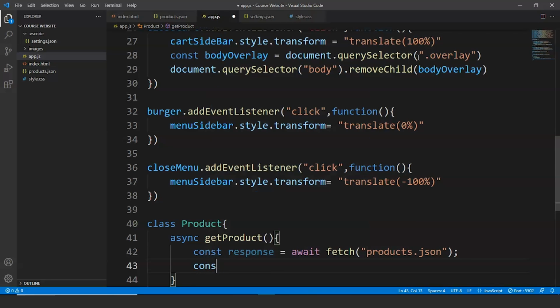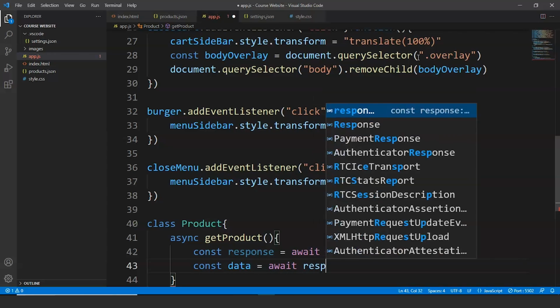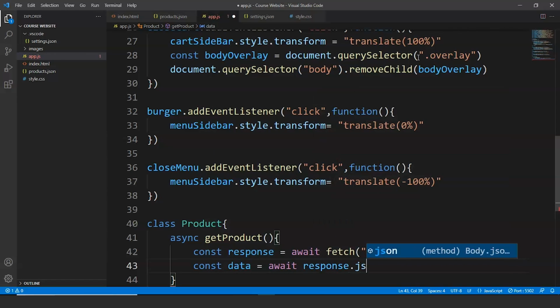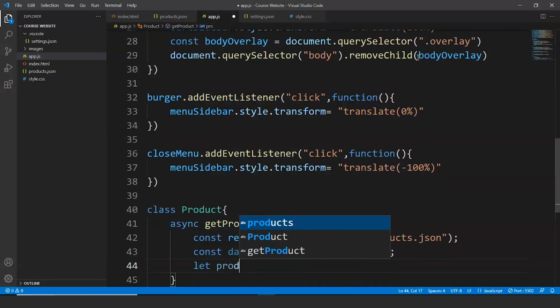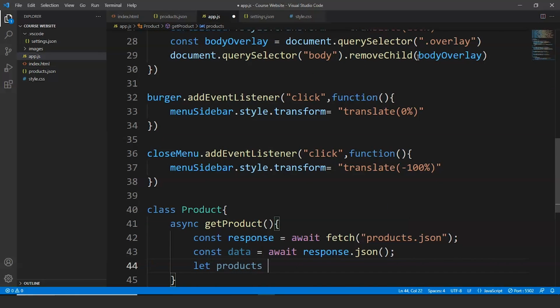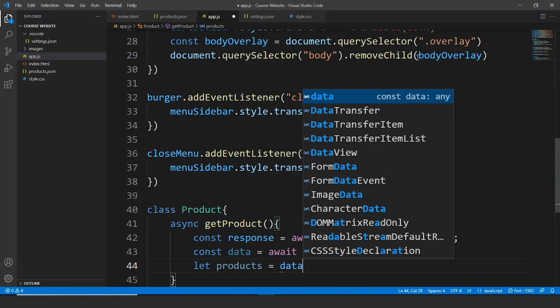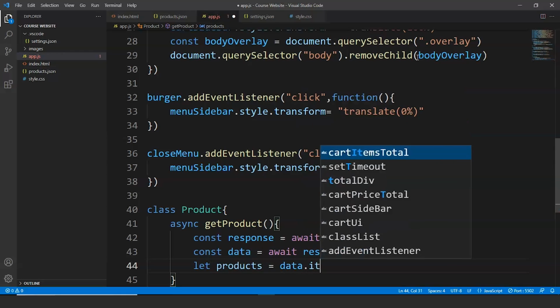We'll write here const data is equals to await response.json. Fine. Next up we'll write products is equals to data.items,